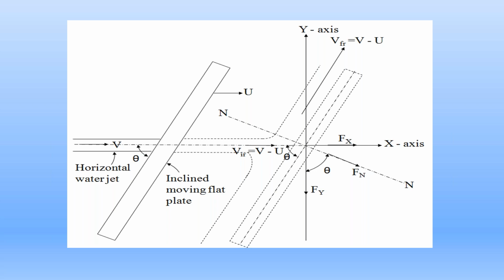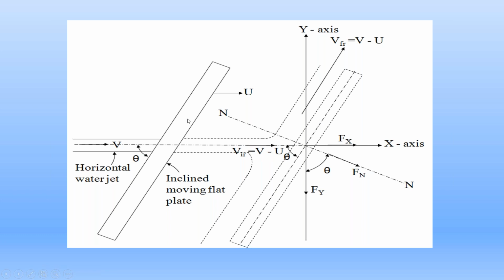So please everyone look at this diagram and understand each and every term in it. The water jet is horizontal. The water jet is moving with absolute velocity v. The inclined flat plate is also in moving condition. The inclined flat plate is moving with velocity u, the absolute velocity of the plate, in the direction of the water jet, or horizontal. The plate makes an angle theta with the direction of the water jet. Then this is the impact of the water jet with this inclined flat plate.